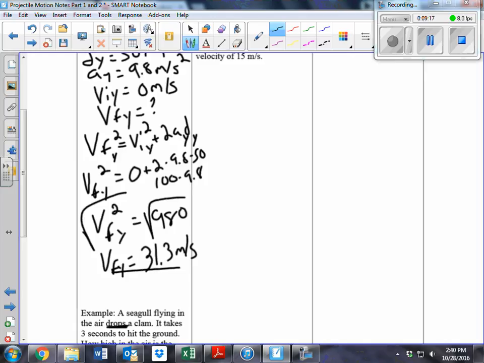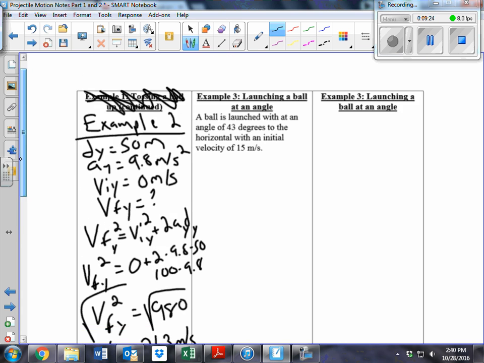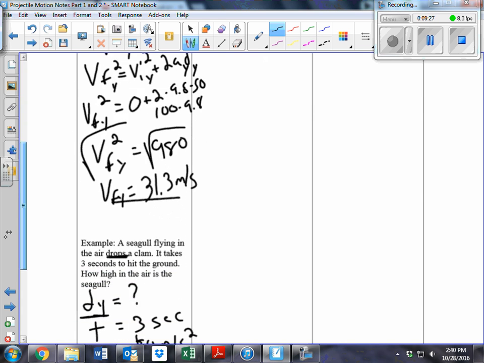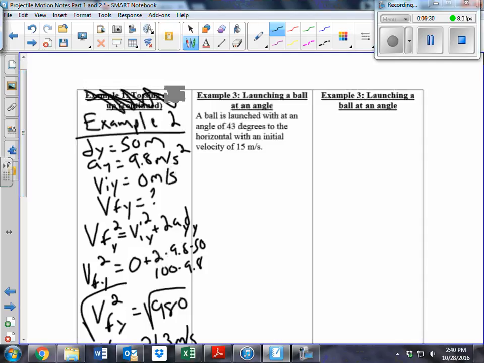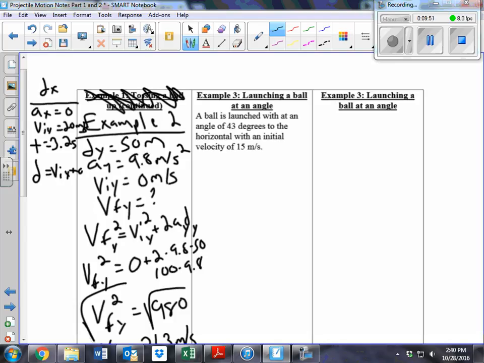So we can go plug that back in. But if you notice, all I'm doing is now using LEPA, but we're being meticulous and using the x and y axis. So we're going to have to do this last example on the side right here. So now we need to find distance in the x, right? Well, we know the acceleration in the x equals 0. And we know that our initial velocity in the x equals 20 meters per second. And we know it takes a time of 3.2 seconds to get to the ground. So if I use d equals VIX times t plus ax t squared over 2,